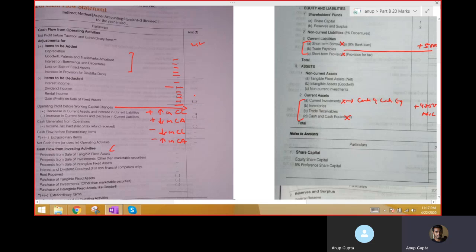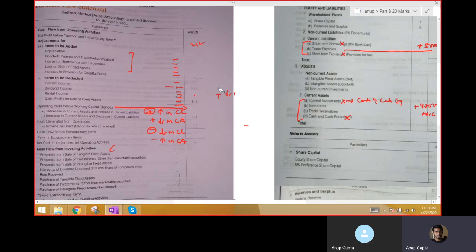Yes. Understand, this increase and decrease is directly proportionate to current liability. That means what we'll add is increase in current liability. What will we subtract? We'll subtract decrease in current liability. Very good. Now this is just the opposite. Decrease in current asset will also be added, and opposite of this, increase in current asset will be subtracted. You can remember this way.